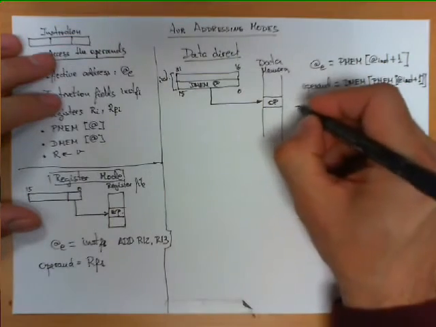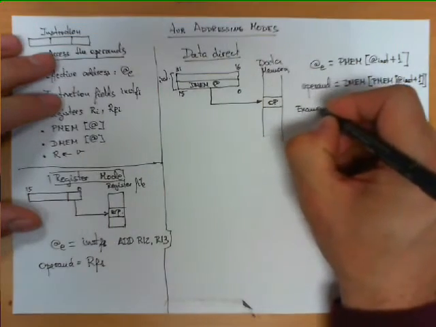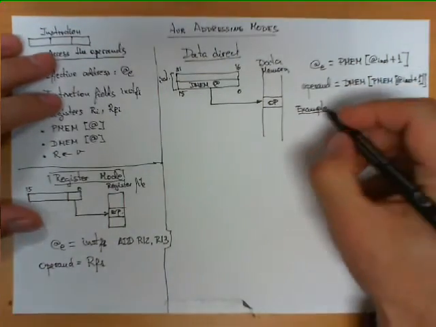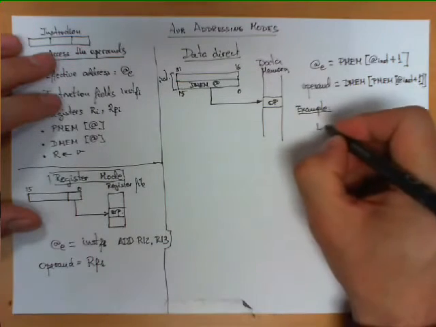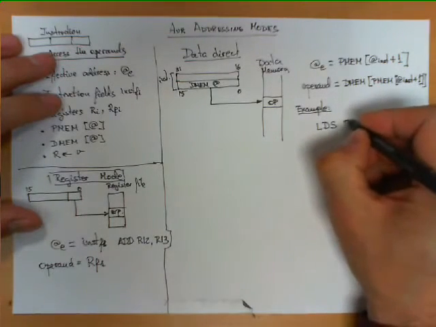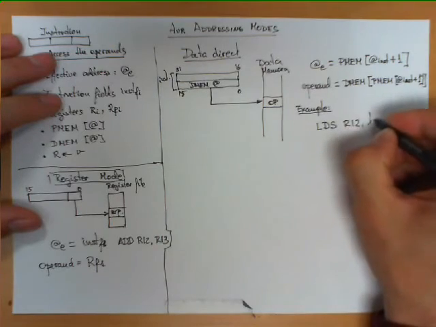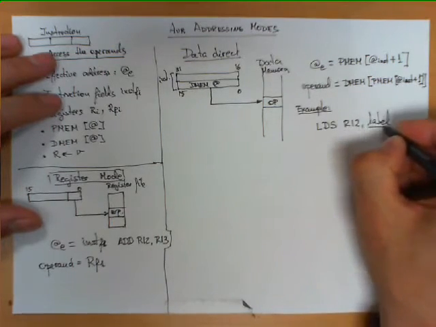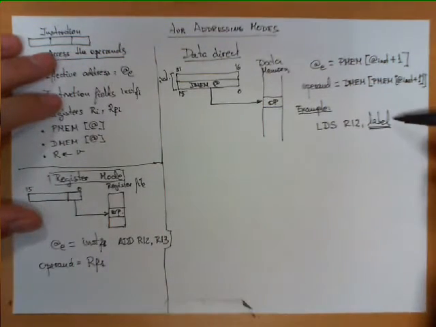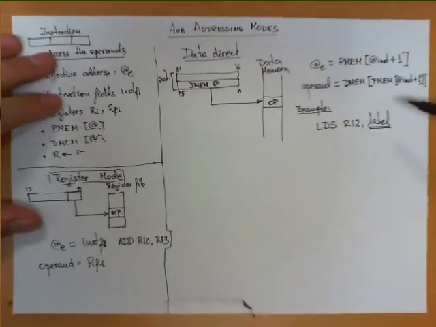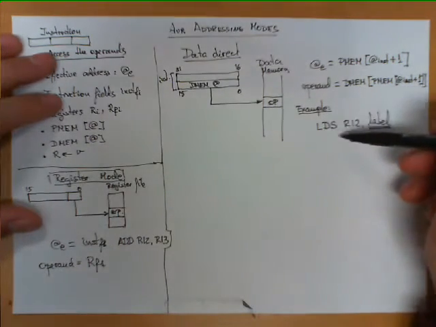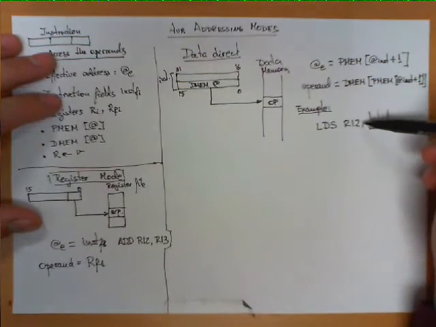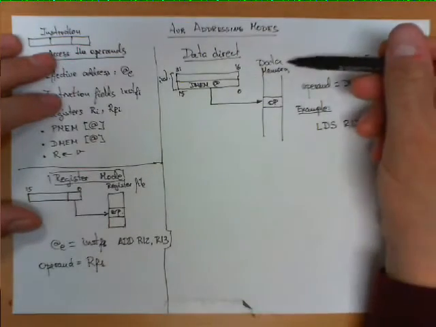An example of this addressing mode, very common, is when we write an instruction like, for example, LDS R12 and then a label. This label is using the data direct mode. Typically, when you write an assembly program, this label is going to be previously defined in the data section, and what you're doing in this particular instruction is loading into register 12 the content in data memory